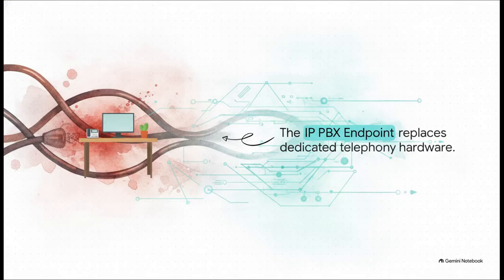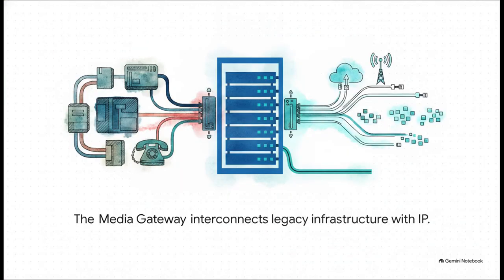With that massive capacity in place, Voice over IP, or VoIP, disrupted everything. IPPBX endpoints finally took phone calls off of dedicated, wasteful copper circuits and moved them directly onto the exact same packet switch data networks we use for the internet. This architectural shift fundamentally decoupled the hardware from the service.